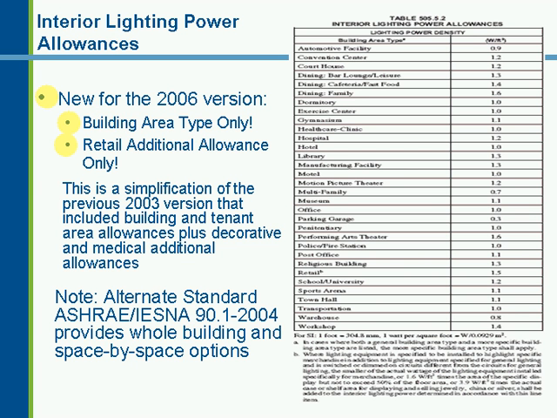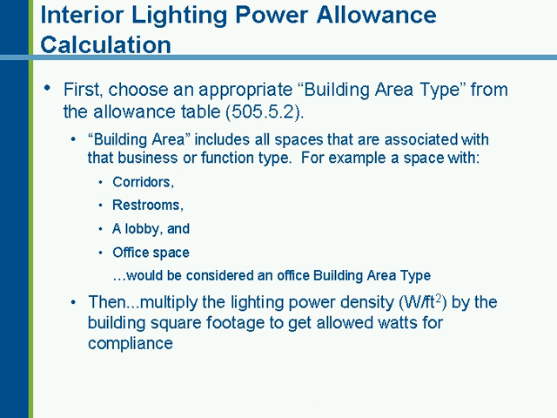For previous versions, there was a decorative allowance and an allowance for some medical spaces, but those have been eliminated for the 2006 version. And a note here, the alternate standard ASHRAE 90.1 2004 still provides a whole building and space-by-space option. And there are a lot more spaces in the 2004 table, and that may be something you might want to consider as an option in the future. So let's look at